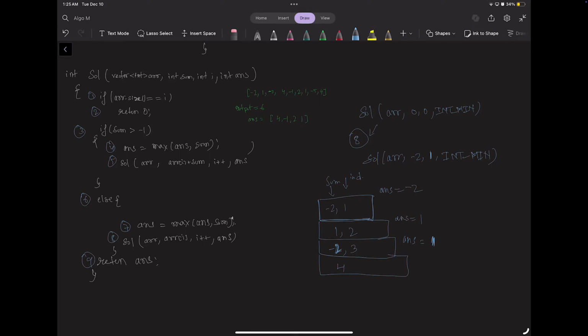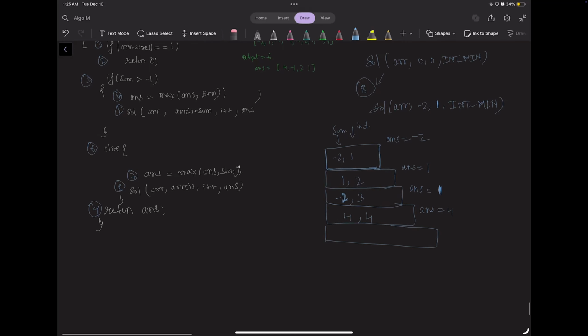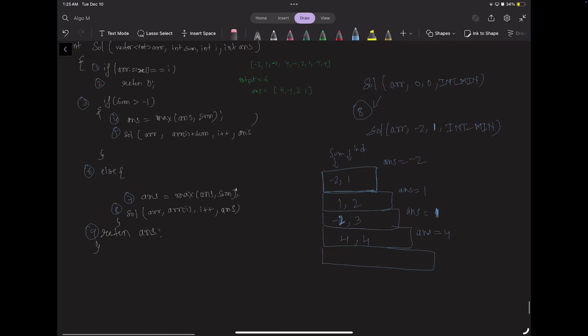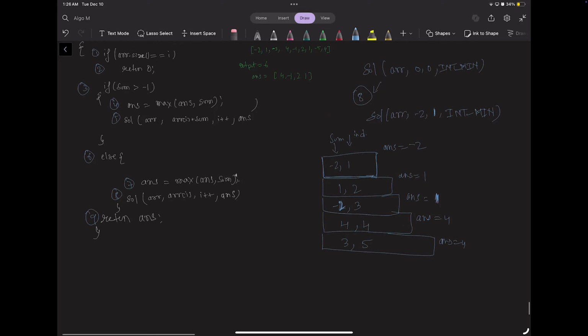and we have 4 already. Yeah, 4 already. Answer equals 4 here and 4 already, 4 comma 4. Now next step, and 4 comma 4 is not there, so 4 comma, so yeah, minus 1 we have. Fine, that is cool. 4 minus 1 will be what? 4 minus 1 will be 3 comma 5. Answer equals 4. Next will be